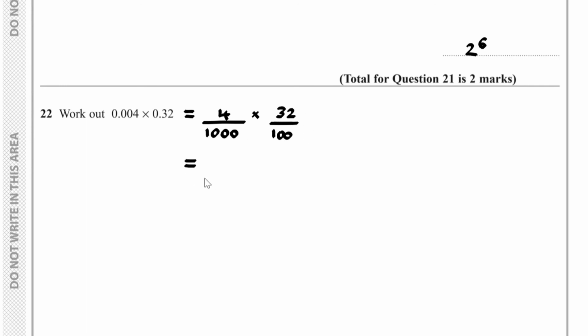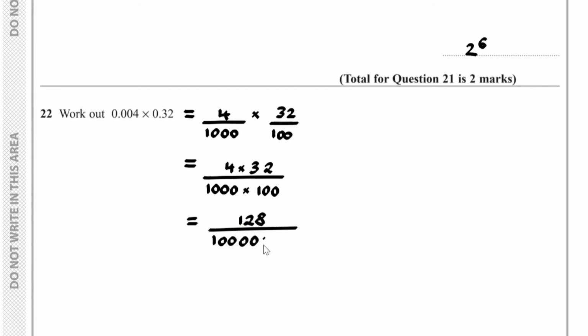So to work out what this is, on the denominator we've got 1000 times by 100, and for the numerator, 4 times by 32 is what we have. So if we try to simplify this, we've got 128 divided by 100,000, and if I work out what this is,